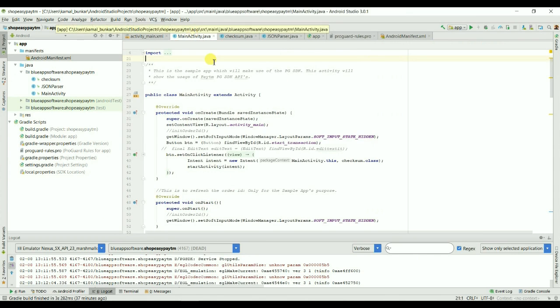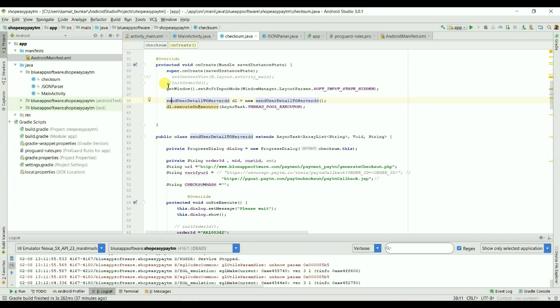Okay, so in this button I am going to start another activity, that is generate the checksum. So to generate the checksum, you need to send some parameters to that URL or API that you uploaded. Okay, so this is the URL where I upload my server PHP file. So you just write your own URL name. The last file name will be generate checksum.php. Okay, you don't need to do any other things.